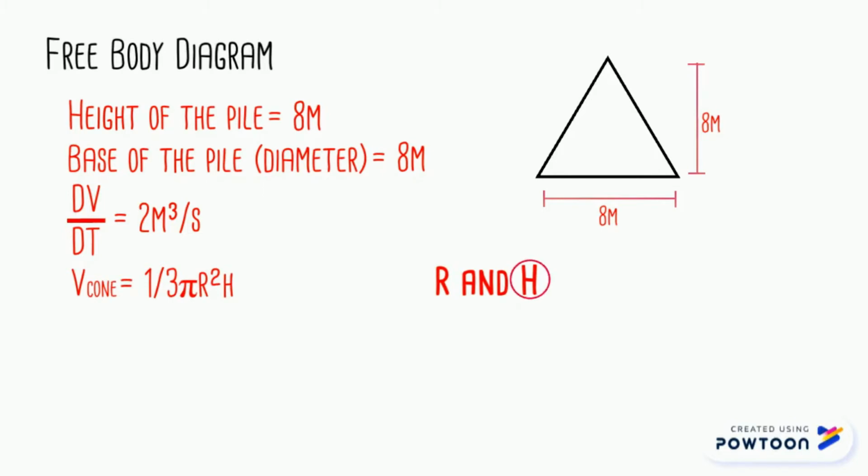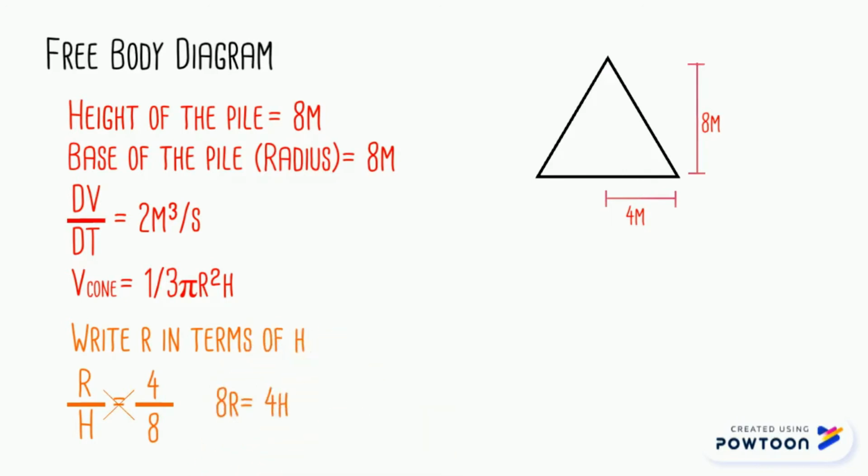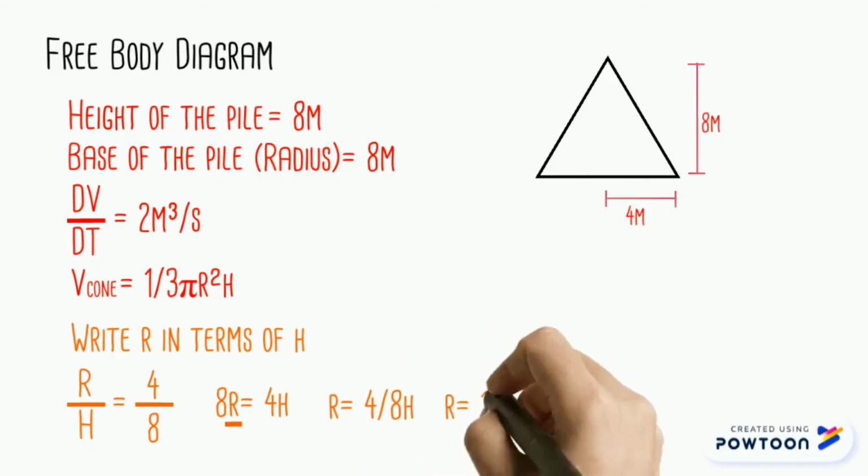Since variable h is needed to determine how fast the height of the pile is increasing, we should write r in terms of h. But since the base is measured in diameter that is equal to 8 meters, then the radius is 4 meters. R in terms of h is now equal to 4 over 8. We need to cross multiply, making it 8r is equal to 4h. Isolate r by dividing 8 in both sides. We now arrive with r is equal to 4 over 8 times height, making it